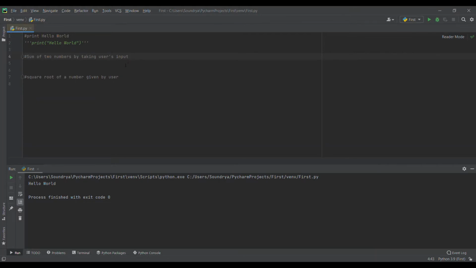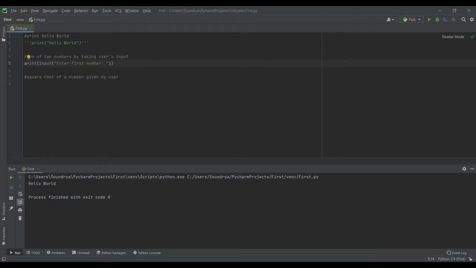Now, let us come to the second program, which is the sum of two numbers by taking user's input. For this, we need to take two user inputs. Let us consider a as the first one. We will write int, then input, then enter first number.